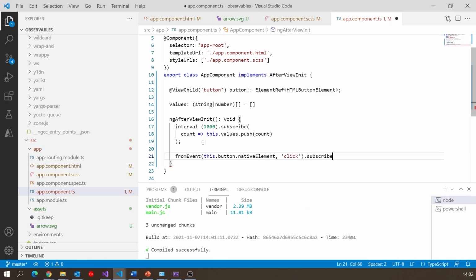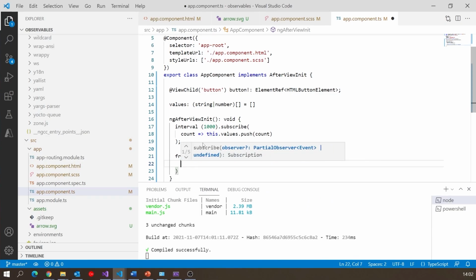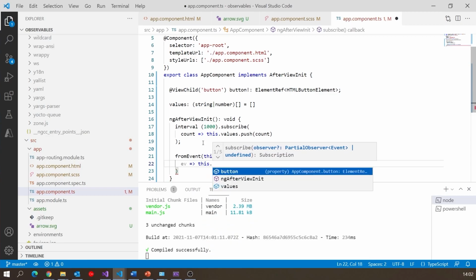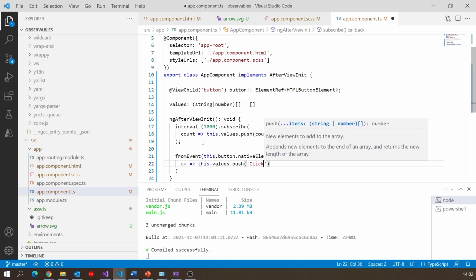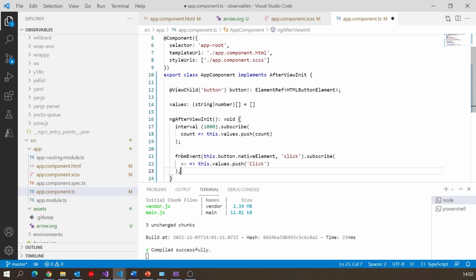And then in that case I could do another subscribe, and in this case we get back the event, which I'm not actually interested in, and I'm just going to say this dot values dot push, and then let's just put a message to say that it's been clicked. And so now we've got another example of one that doesn't terminate, but it doesn't repeat regularly, it only repeats when the user actually clicks the button.